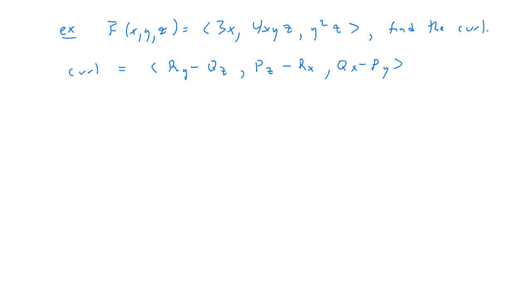And so therefore it is, now we just plug in, this is P and Q and R. So therefore it's the derivative of R with respect to Y, which is 2YZ, minus the derivative of Q with respect to Z,